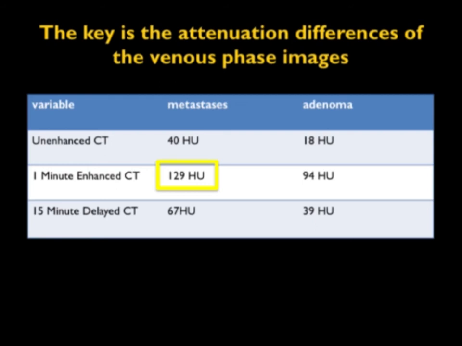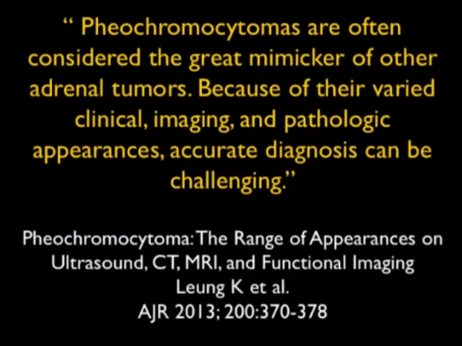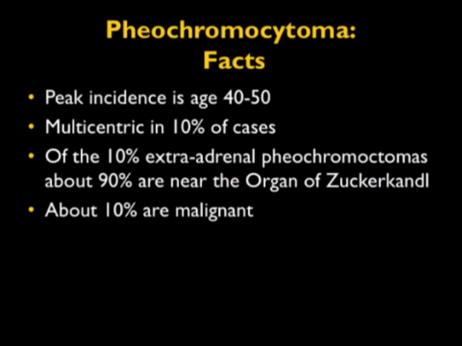Now, the other lesion that's vascular is pheochromocytomas, and that's one of the great mimickers and a very important adrenal lesion. Peak incidence in 40 and 50s, rule of tens, right? Multicentric, 10%. Extraadrenal pheos, 10%. 90% are located in the organ of Zuckerkandl, which means 10% are not in the organ of Zuckerkandl when they're extraadrenal. 10% are malignant, 10% are bilateral. These tumors secrete catecholamines, which result in hypertension, classic presentation. But in our experience, we pick up more pheos in a year incidentally than we pick up evaluating patients with hypertension. The patient has elevated plasma catecholamine levels and 24-hour urine VMA and metanephrine levels in the majority of cases,